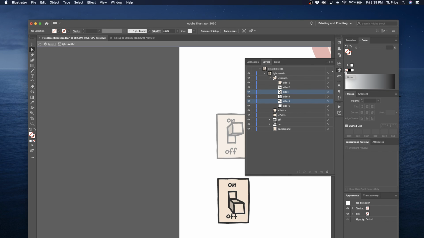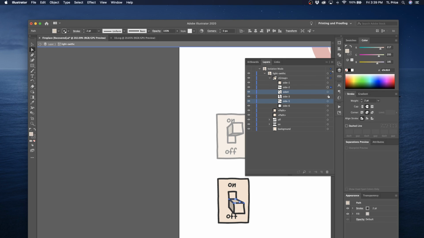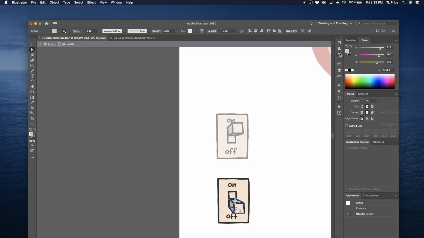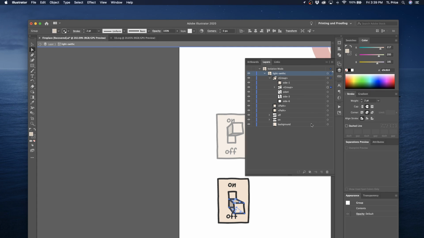It's actually going to be, so side 2 and 5 are going to get merged. Just bring those together. And then go back to my layers, and we need to move it below. And we can remove that, and I think we can remove side 6. So we have,